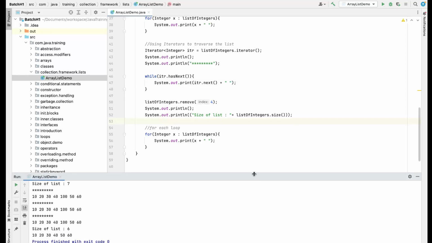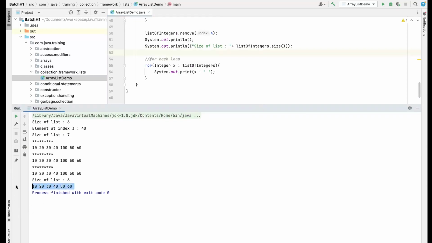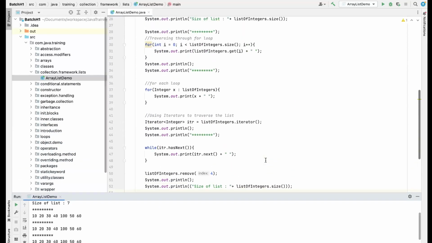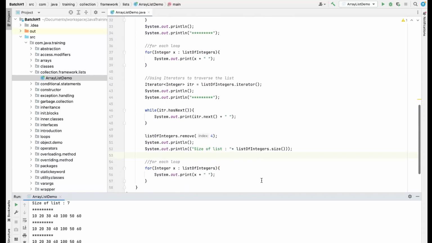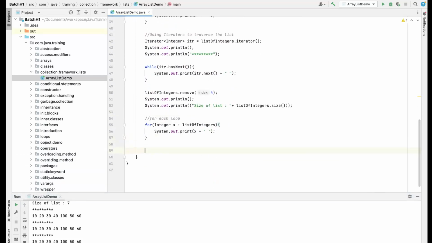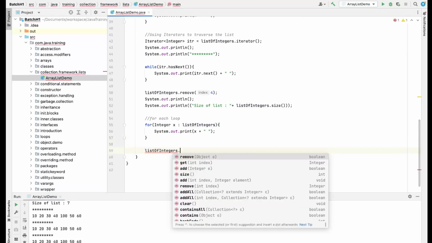See, now 100 is removed, right? 100 is removed because it was at index 4, and I was able to remove it using the method list of integers dot remove, providing the index. So these are some of the methods in list. You can explore more methods if you type list of integers dot. You will see a lot of things: remove, get, add, size. You have already seen these things, right? Size, add,